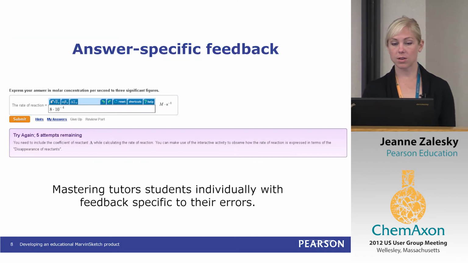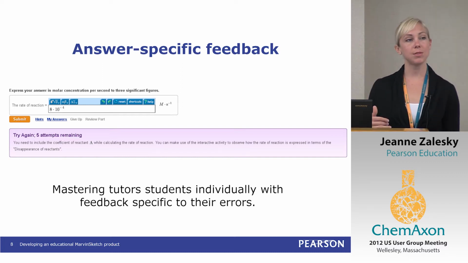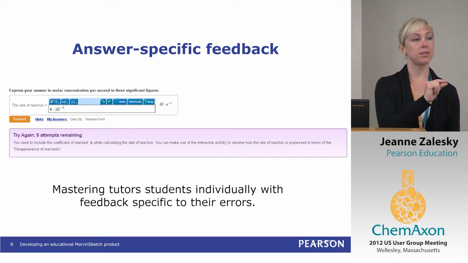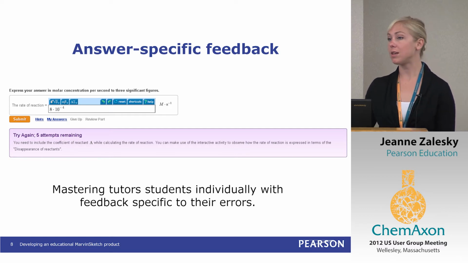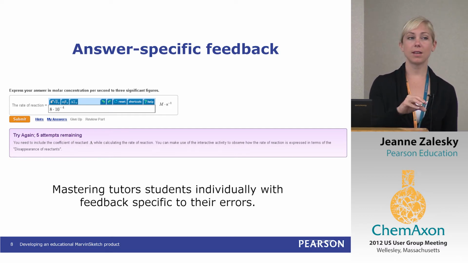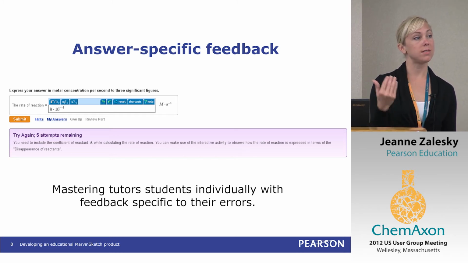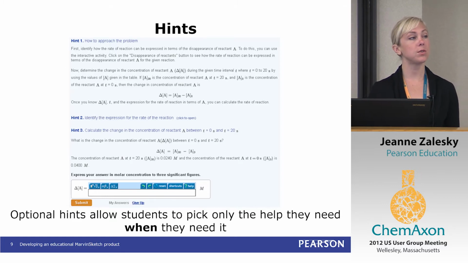And the way that it does so is with answer-specific feedback. So whether it's physics or engineering or biology or what we'll show you in chemistry, our system identifies exactly the nature of the error that the student made. So it's not just canned feedback, you got it wrong, try thinking about this. Our system evaluates the nature of the error, the logic of the error, and tries to give students remediation specific to that. We have a hint structure, so if students don't know where to begin when they're answering a problem,